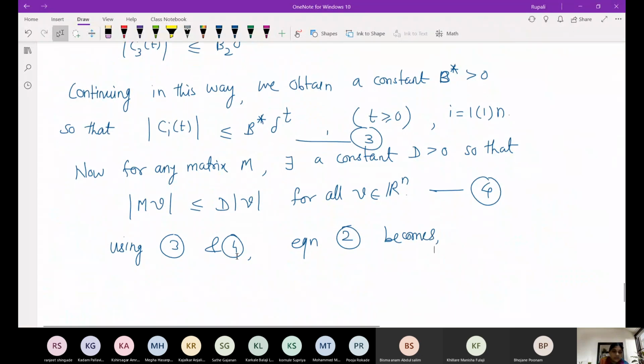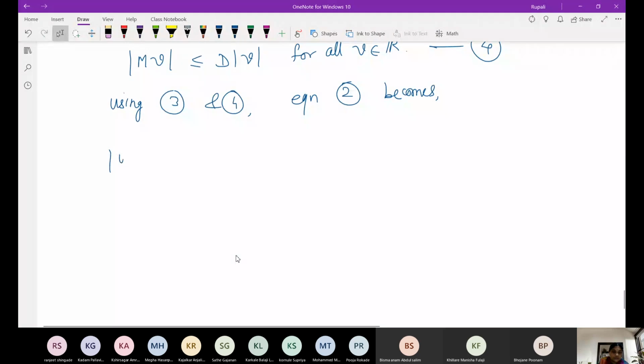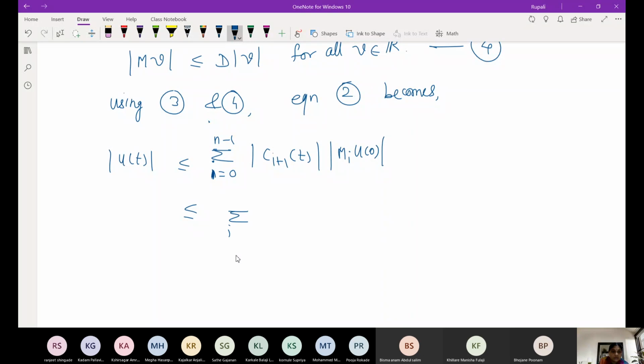Mod of ut is less than or equal to summation i equal to 0 to n minus 1 mod of c i plus 1 of t mod of Mi u0, which is less than or equal to summation i equal to 0 to n minus 1. Mod of c i plus 1 of t I can write as b star delta raised to t, and this mod of Mi v0 I can write as some di times mod of u0. Is that okay? Yes, ma'am. Where di is some constant,